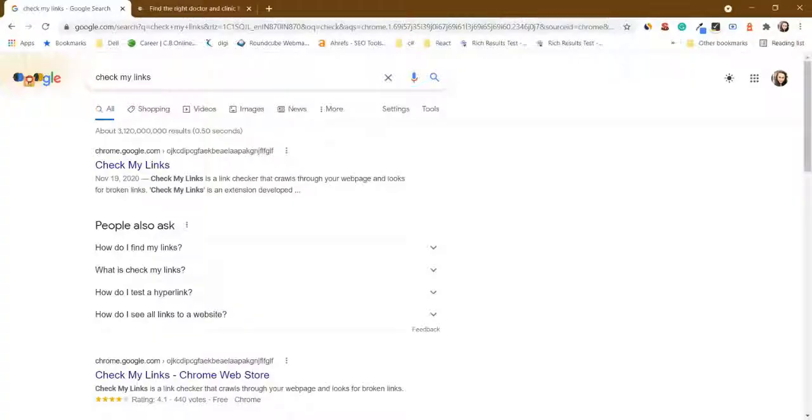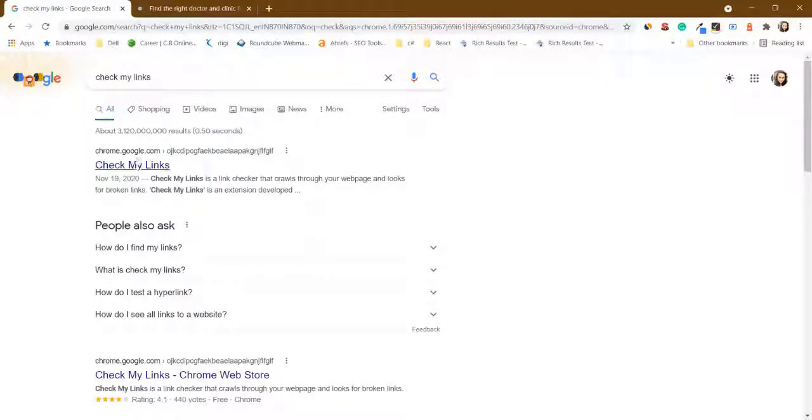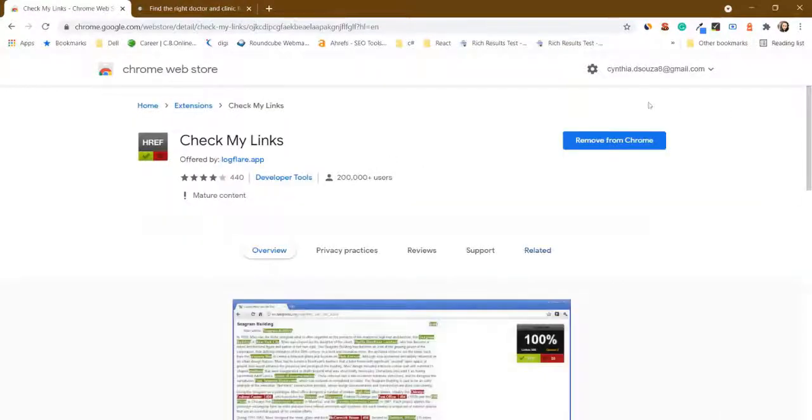The next important on-page factor is that you need to check your links, that the links mentioned on your page do not have any issues. That means they are not broken links. To understand that, you can add this extension, the Check My Links extension on Google Chrome. Here I have selected the extension. It is already there on my extension panel. So I'll just show you how it works.